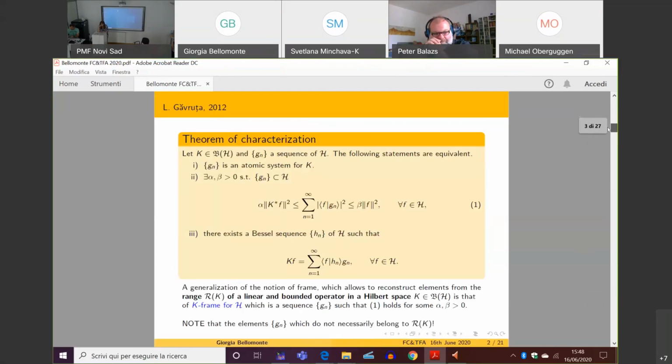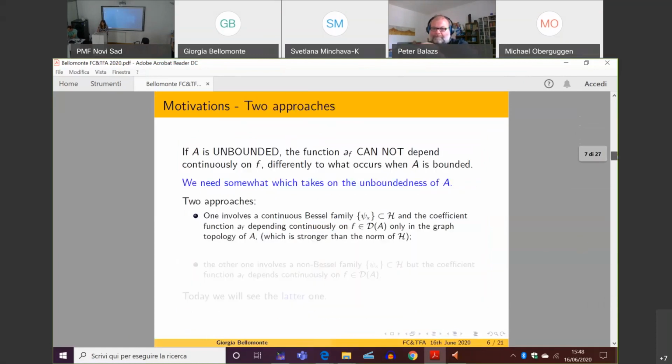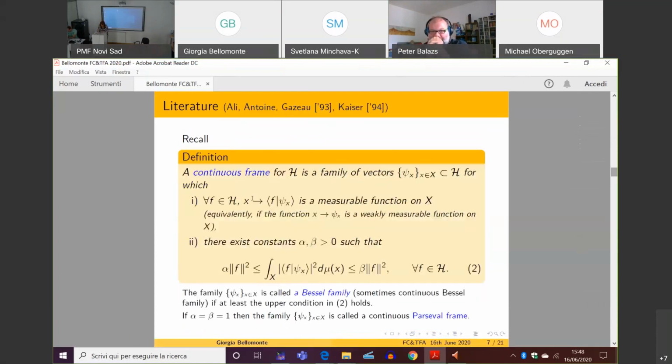It is just a function that associates to every element of a measure space, for every f in the Hilbert space H, we have a